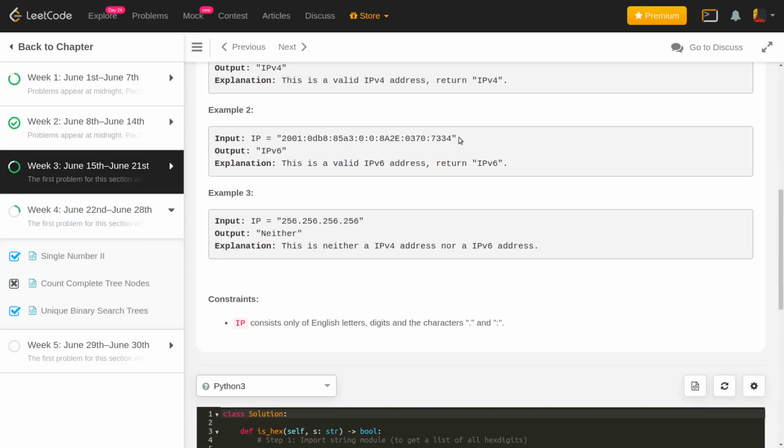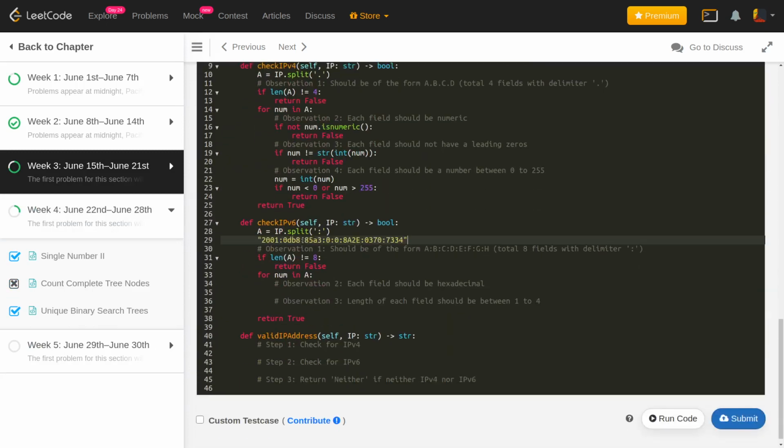Yeah, so if you consider an address like this, now each of these fields, if you see, I can have a 2 here, that's valid. I can have a 0D here, that's valid. I can have a 555 here, that's valid. I can have a single 0, that's valid, and I can have 4 numbers, 1111, that's valid as well.